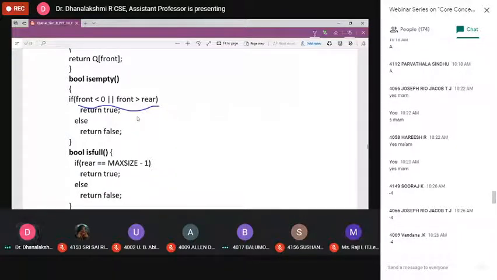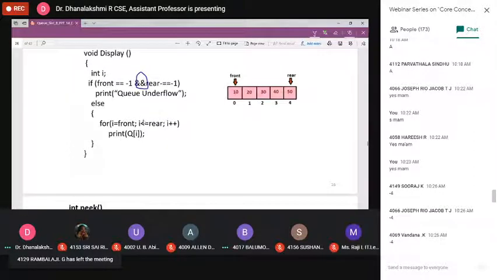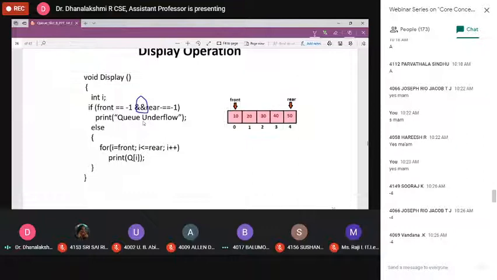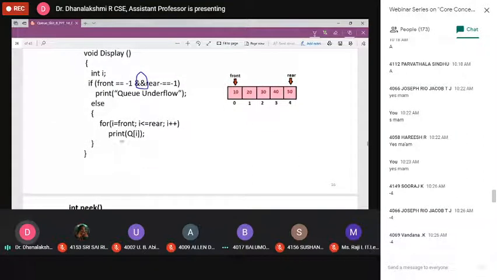Okay, Nityasri, in the print statement, format specifier. What's your doubt? Display function, okay. In the display function, here I'm using simple print. Don't worry about that.